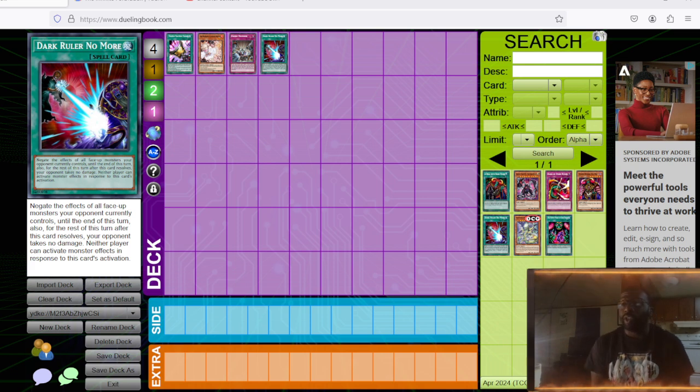So, with info coming out right around the corner, are we going to be in a hand trap format or a board breaker format? Or is it going to be 50-50? In my opinion, it's going to be 50-50, with the format being new and with info coming out and being relatively new,